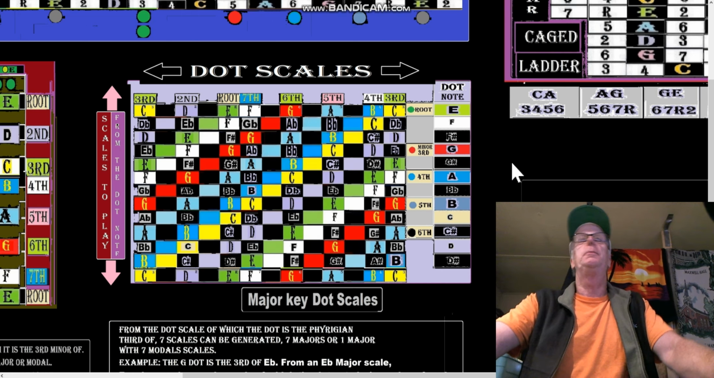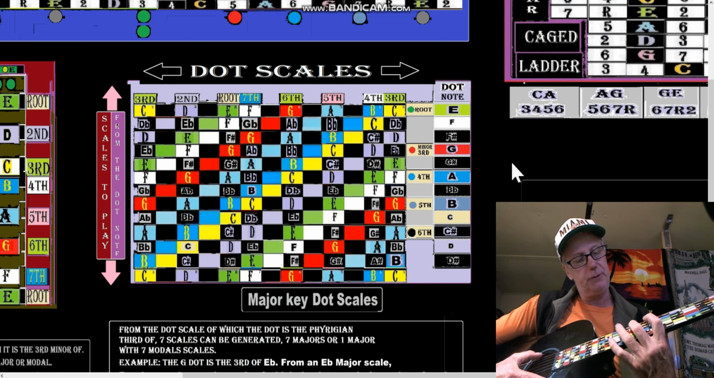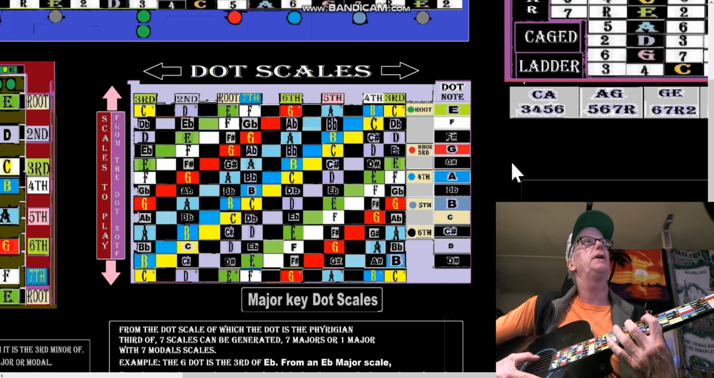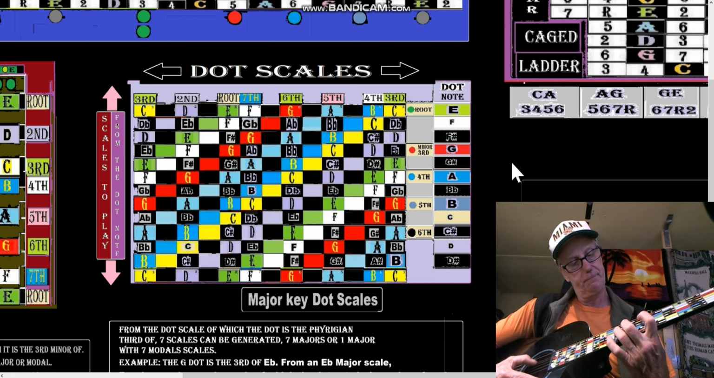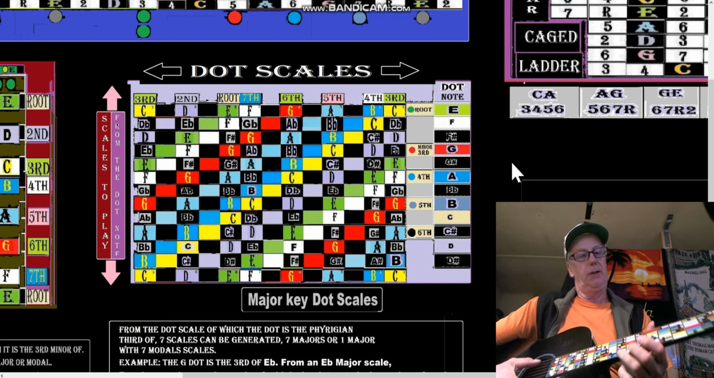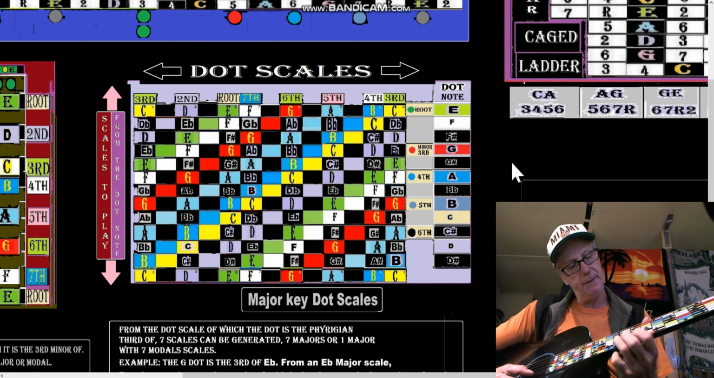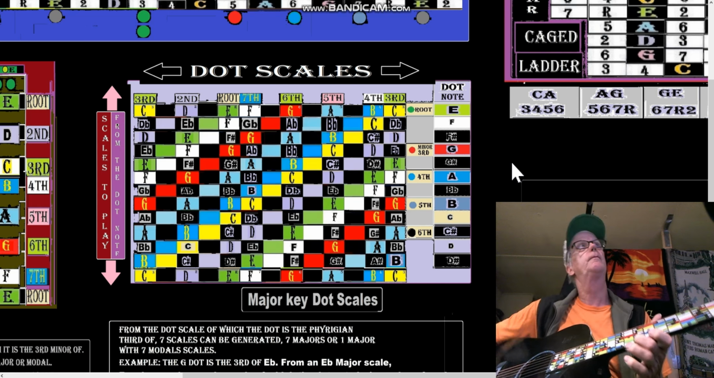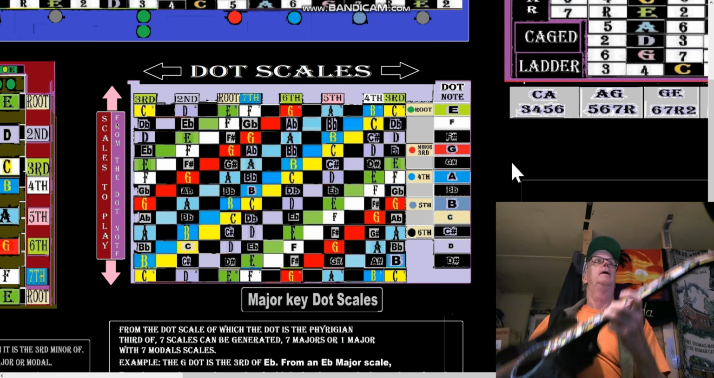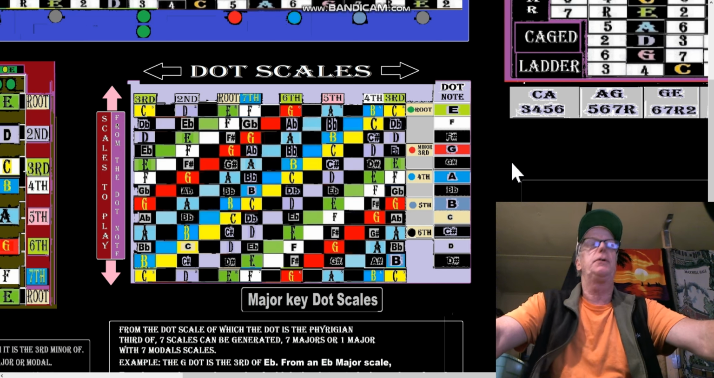Okay, so similarly for the Aeolian, we could play that 6/7 root, 6/7 root. So it's going to be a big old S4 G pattern. That's the Aeolian. And the Locrian. And then, okay, so we could play a modal scale off of the dot, and we're going to talk about the